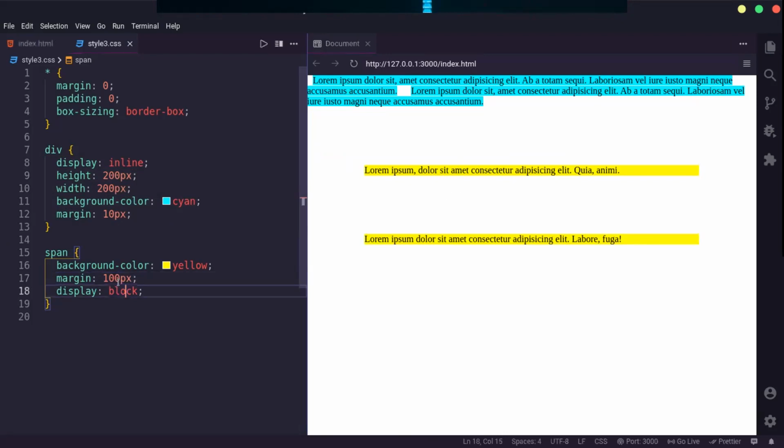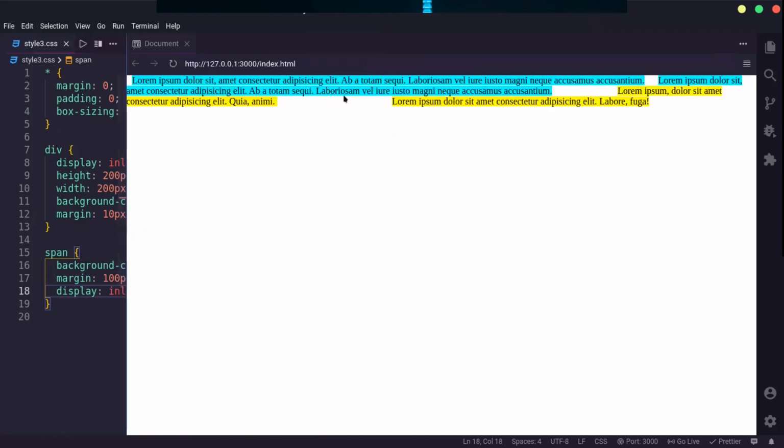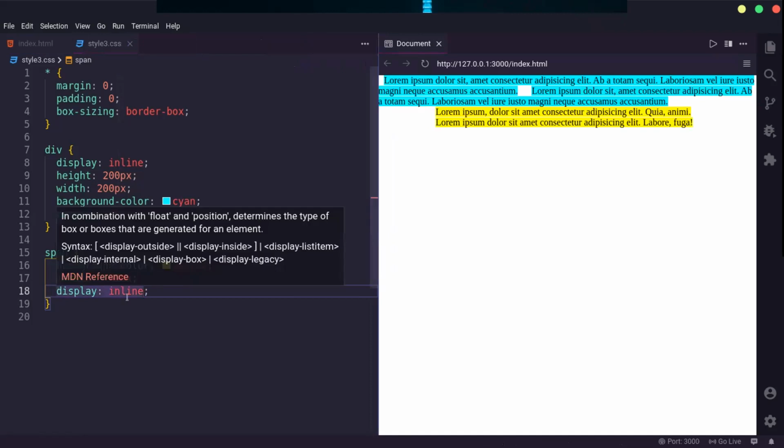But as soon as I make them inline, you can see that the left and right margin is still there, but the top and bottom margin has gone. So in inline elements, you cannot define the height and width along with top and bottom margin.